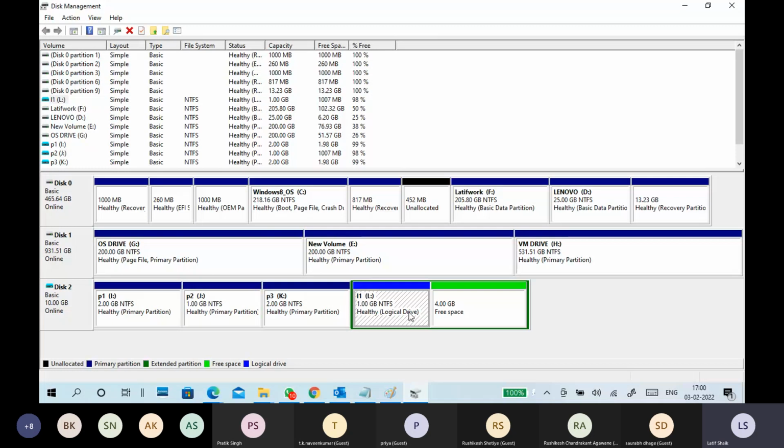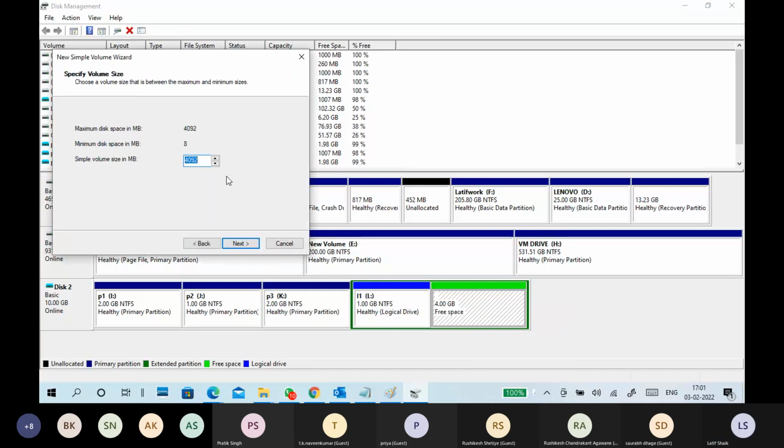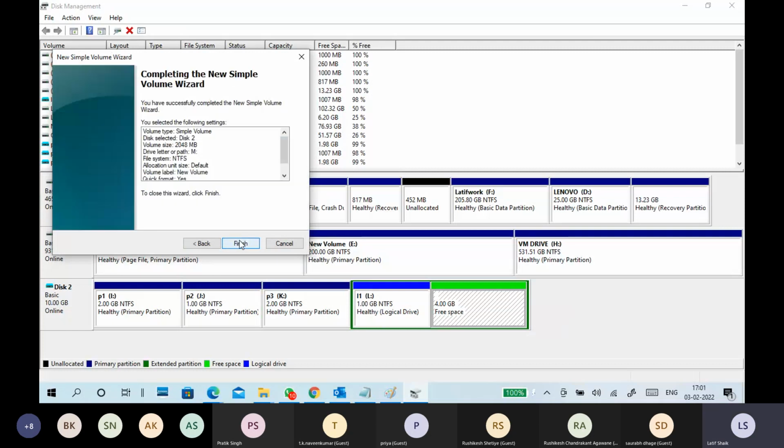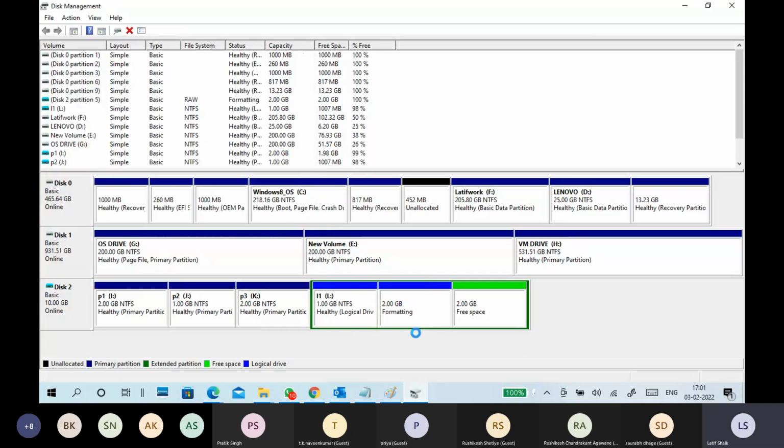In the extended partition, you can have logical drives. This is another 2 GB, 4 GB. You can see. So I put 2 GB here. Okay, this is MBR: 3 primaries, an extended partition, a logical drive, another logical drive.